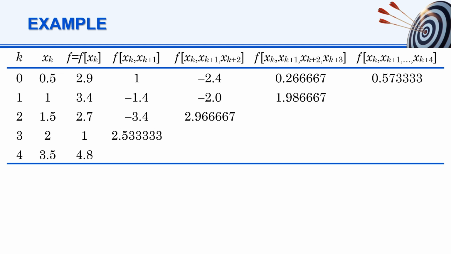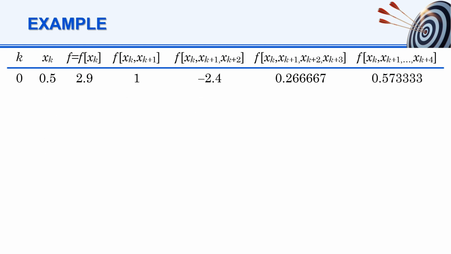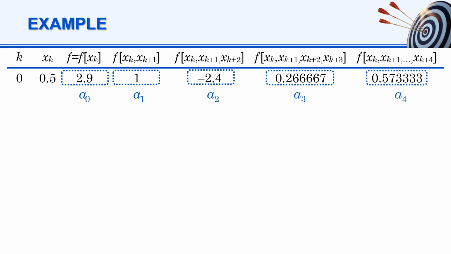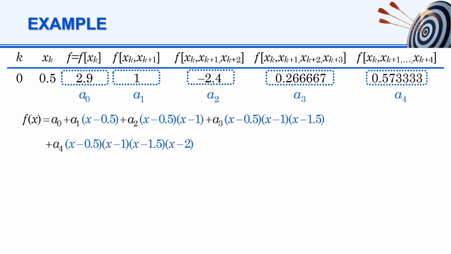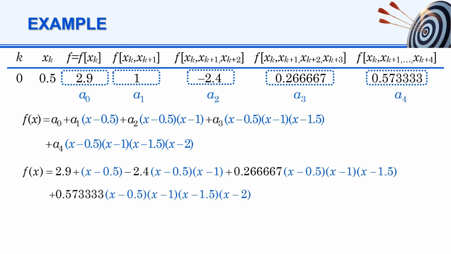Once the divided difference table is completed, we can construct the Newton interpolating polynomial. The coefficients of the polynomial are in the first row, which we identify as a0, a1, a2, a3, and a4. We use the following polynomial for the approximation to f(x). Substituting the numerical data for x equals 1.2, we obtain